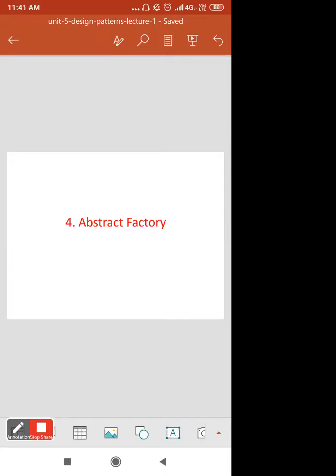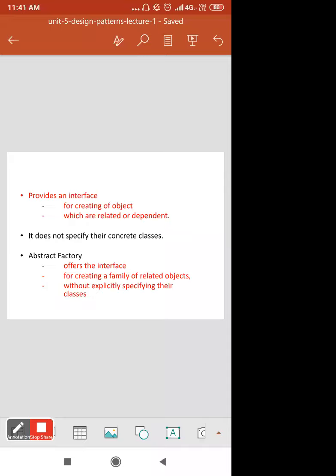The fourth design pattern of this creational design pattern group is the abstract factory pattern. It provides an interface for creating objects which are related or dependent. Okay, which type of object do they create? They create a type of object which are related or dependent. It does not specify their concrete classes, like we have created in the